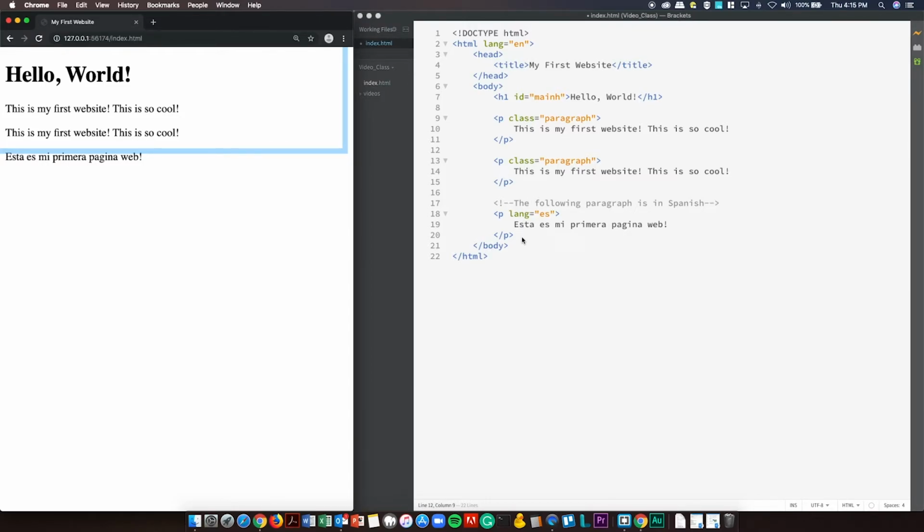So don't be afraid of using white space, but also don't overuse it. And also don't be afraid of using comments to comment your